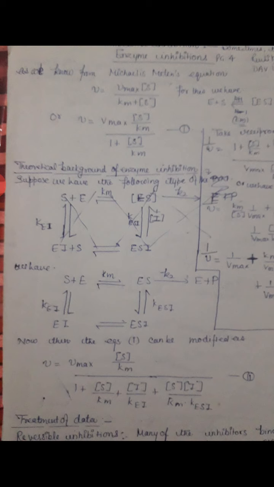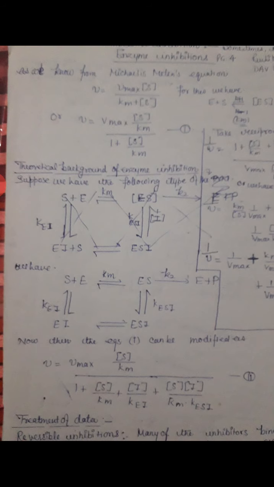But if an inhibitor is introduced, having affinity towards the enzyme, there is an establishment of equilibria, represented by I. First there is a formation of the inhibitor and enzyme complex, and then the substrate is introduced to it. So it is possible that EI is in equilibrium with ESI, or it can be that the ES complex is formed first and then the inhibitor blocks it, giving an equilibrium between ES and ESI.